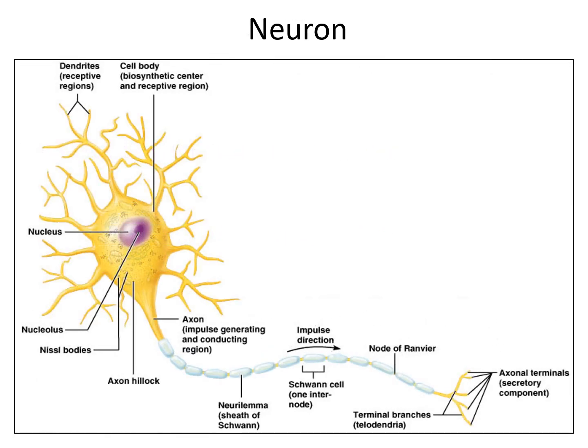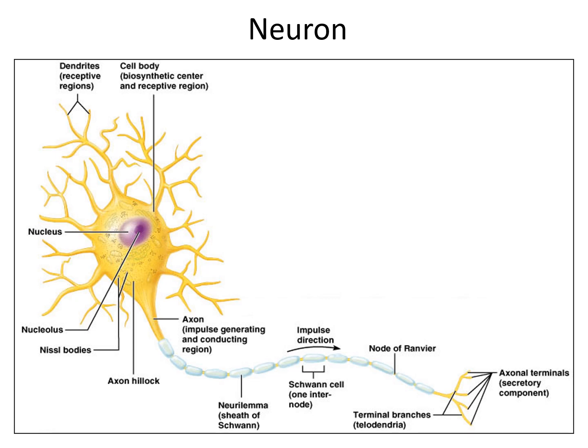This picture shows the structure of the neuron. The neuron contains a cell body. The cell body contains the nucleus. The cell body also has projections called dendrites. Dendrites contain the receptive regions. Inside the nucleus we have the nucleolus, and we can also see some particular structures present in the cell body, an important component of neurons, called Nissl bodies.